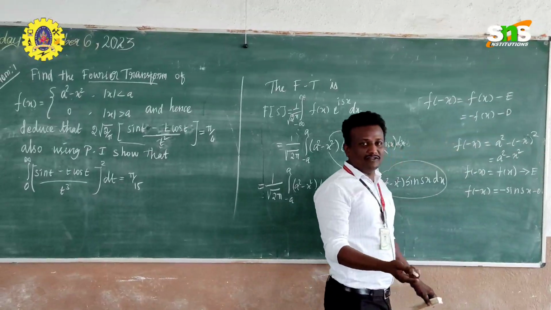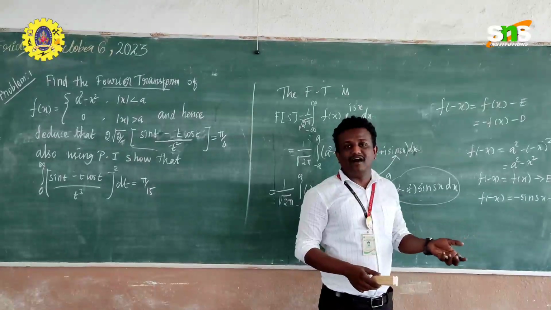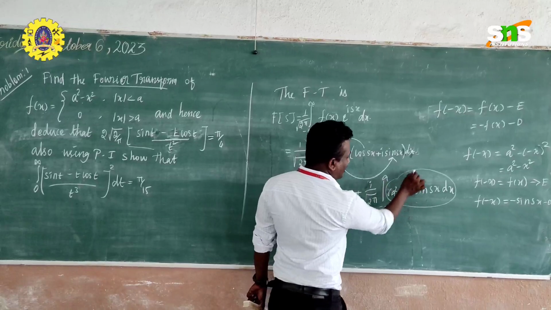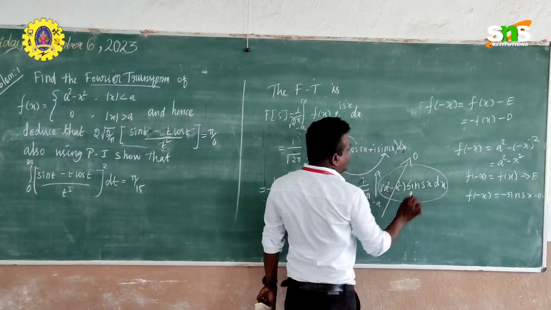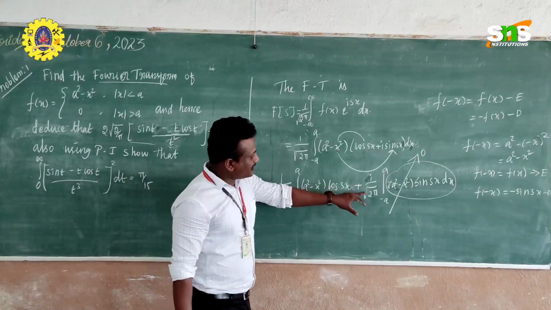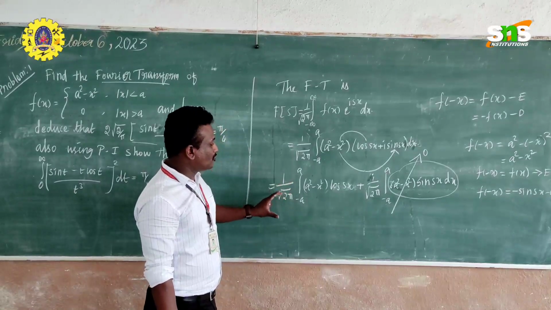So we have another result. When a function that is even is multiplied with one that is odd, it is again an odd function. And if a function is odd, then from minus to plus infinity its entire value becomes 0. Clear? Okay. Now since this term is fully 0, we have only this term. Only this term we are going to work out.